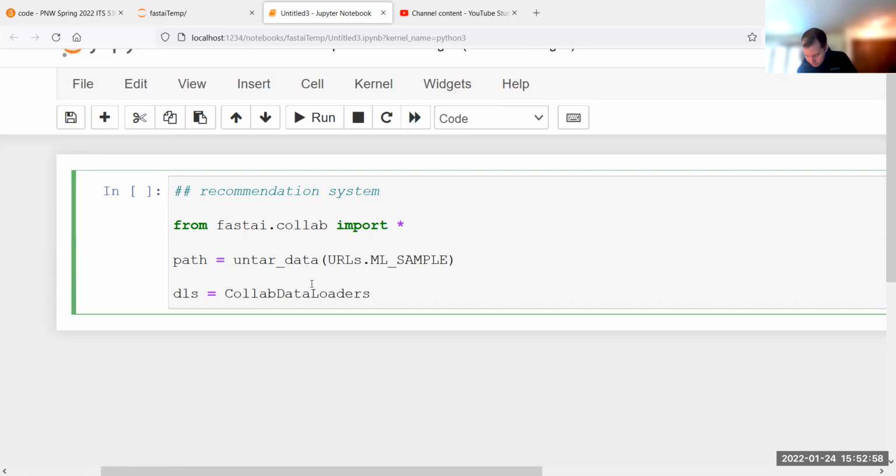So ML sample is just the MovieLens. And then Colab data loaders, we're going to load this from CSV. So it's kind of a tabular one as well. So dot from_csv.